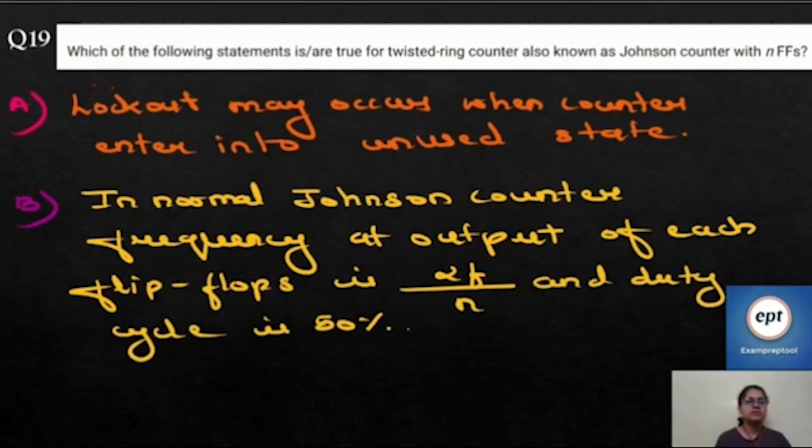This is option B. Now let's look at the next option. Let's look on the next page. The option C is: